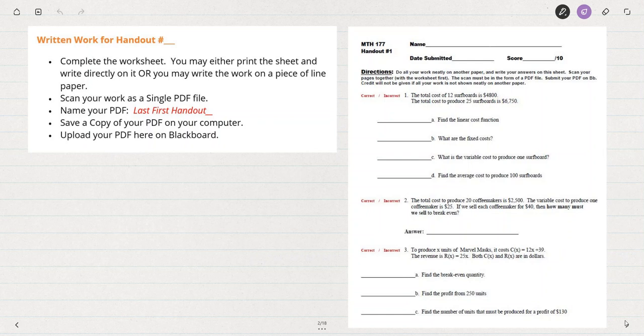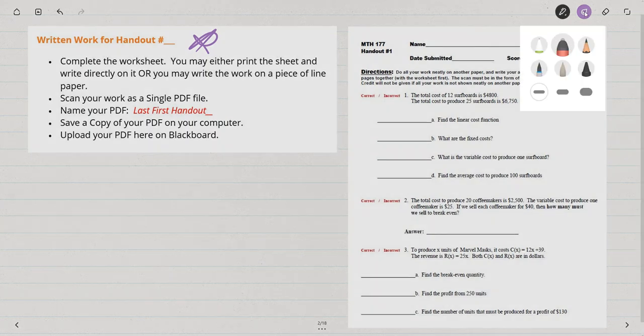Just to get started here, please note the instructions for your written work. Although you're completing the worksheet and typing in some of the answers, you do need, in addition, to submit your written work on Blackboard. So make sure that you are writing your work neatly in a way that shows not that you just had the answer somehow, but that you used the process and understood the process by which to find these answers. Once you've finished, what you'll need to do is scan your written work